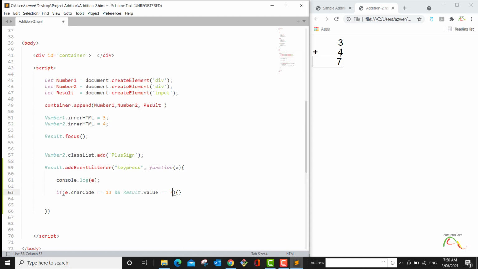So 3 plus 4 is 7. What I'm saying is, if the key that has been pressed is enter and the value that has been typed in by the user is 7, then I will check my code. I will say alert